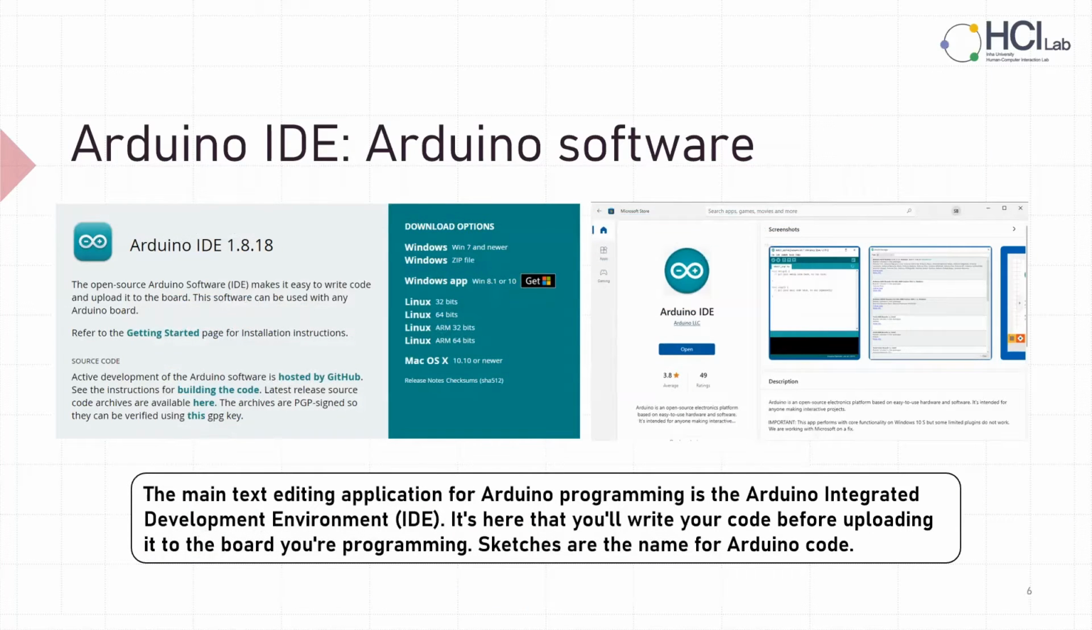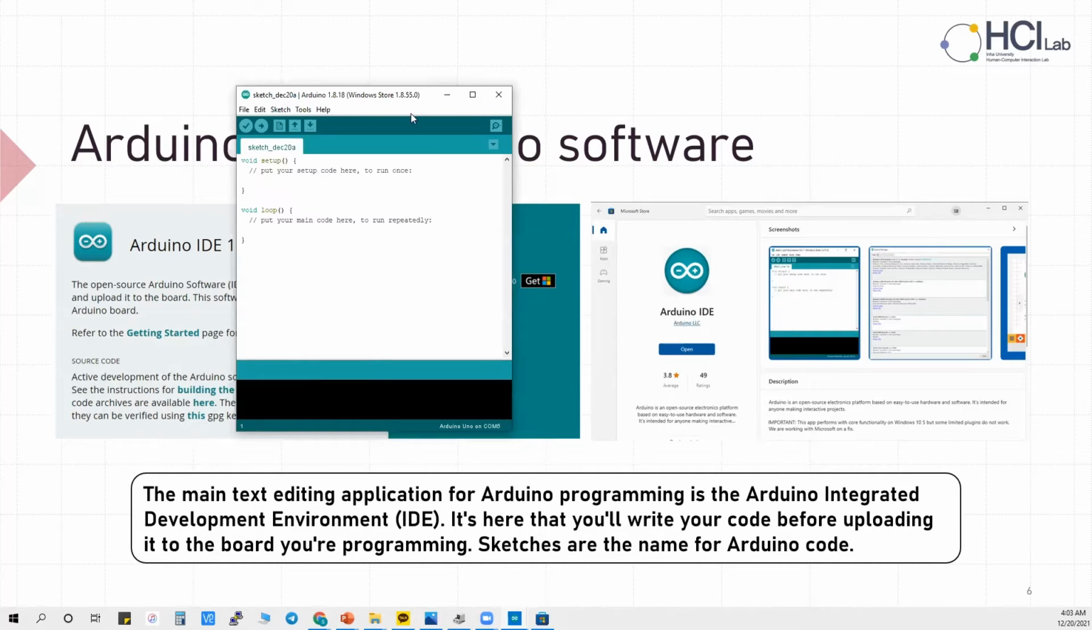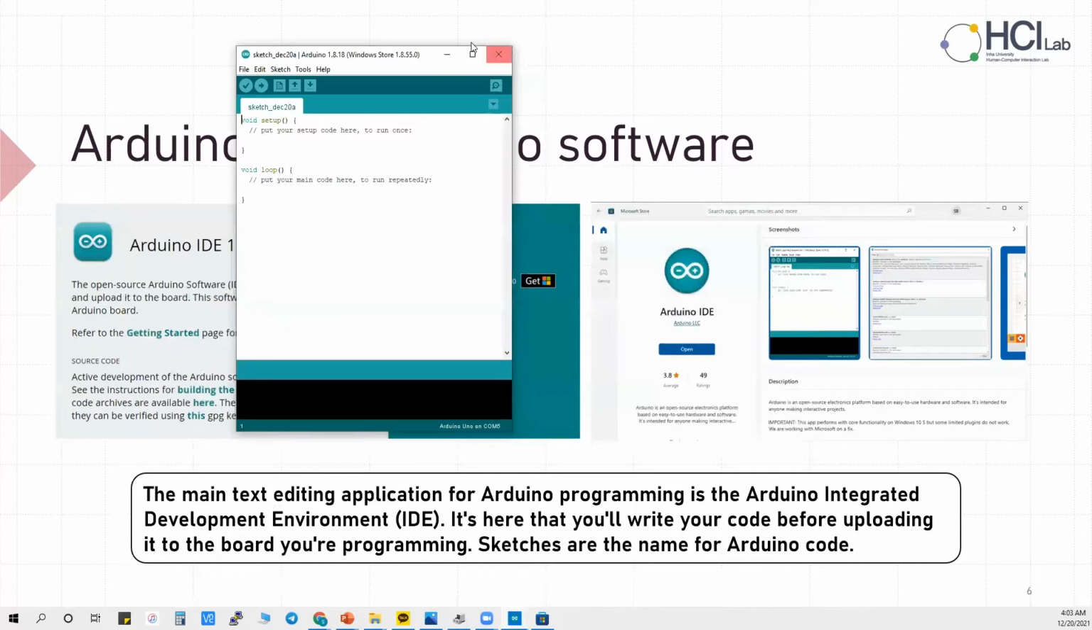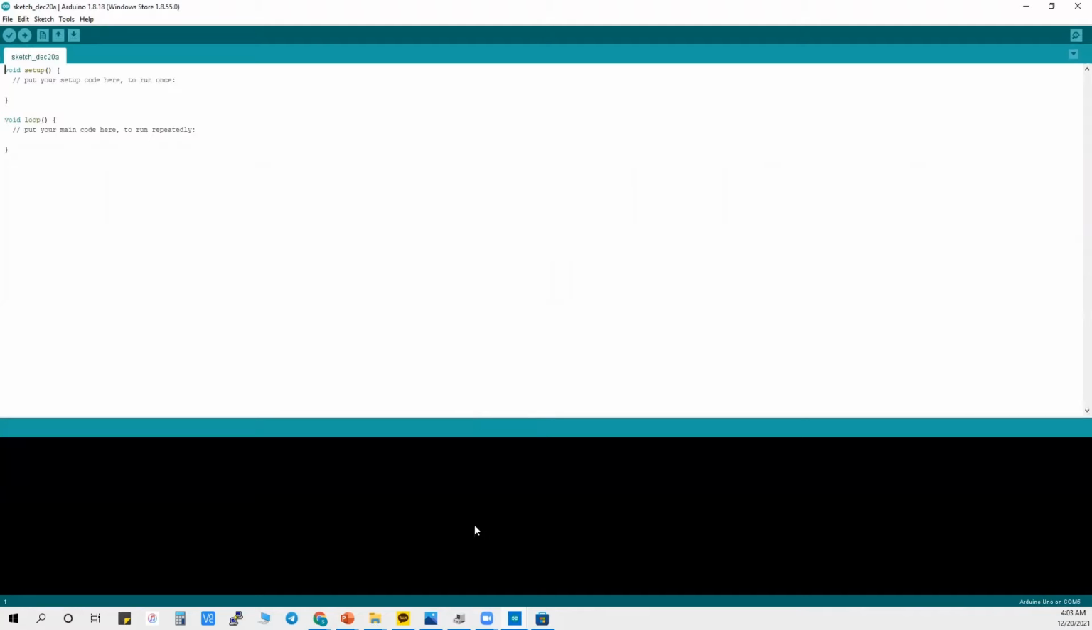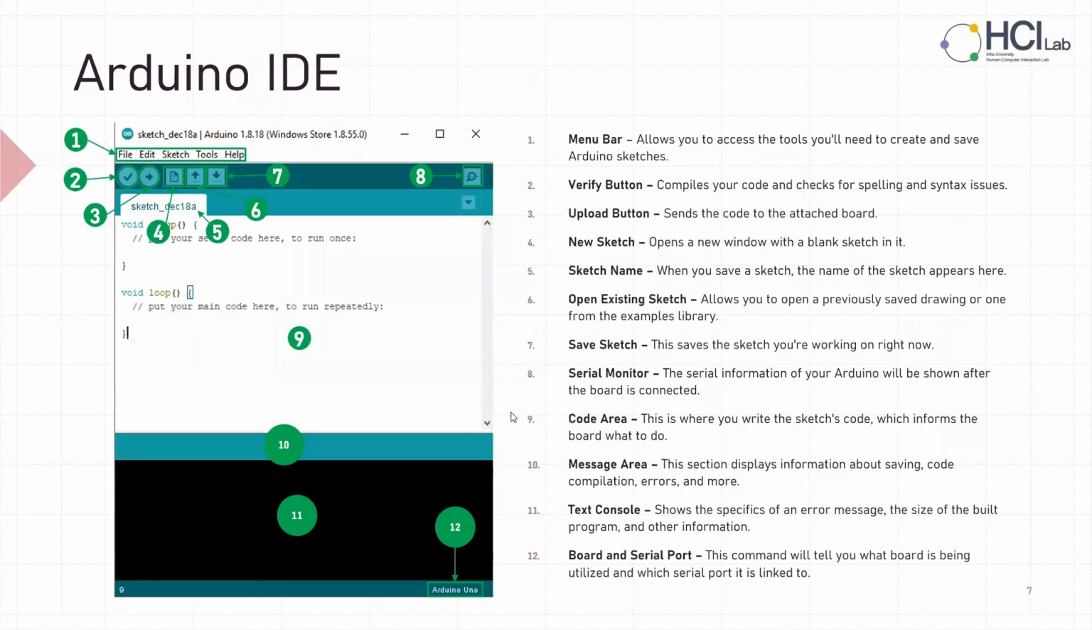So if you click, we can see this application. When you open the application, you can see this window. You can make it bigger. And now let's talk about this application. On this page about the Arduino IDE, we can see the main